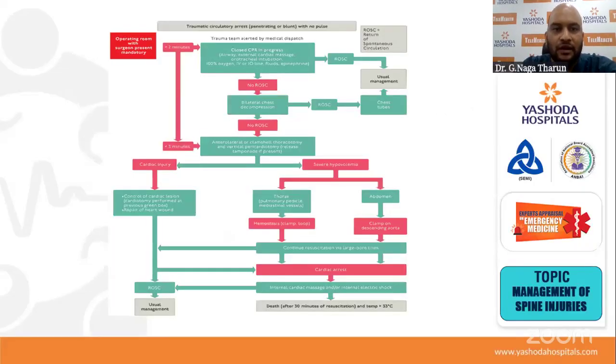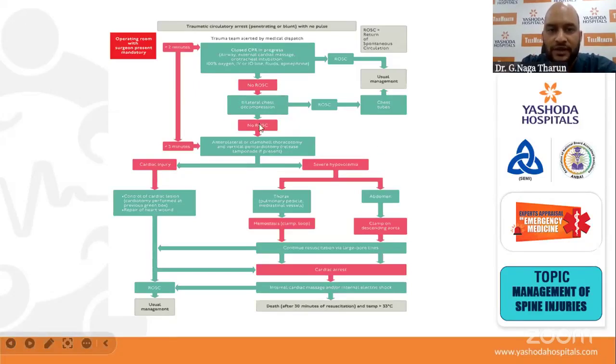And this is the algorithm in severe thoracic trauma. Whenever the patient is in PEA and received in the ED, we have to start CPR immediately, followed by ABCD. If the patient has no return of spontaneous circulation, continue CPR. Within 2 minutes of ED arrival, if the patient has any open injuries and you are suspecting tension pneumothorax, with no pulse, immediately shift the patient to the OT with the cardiac surgeon. And we have to continue with the CPR.